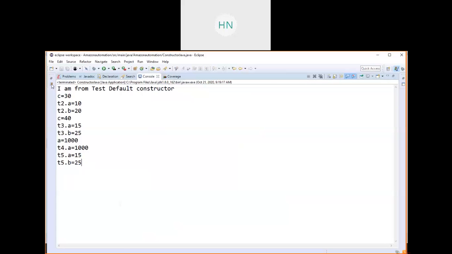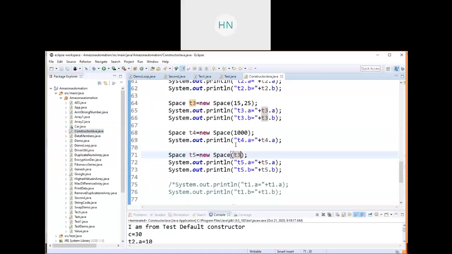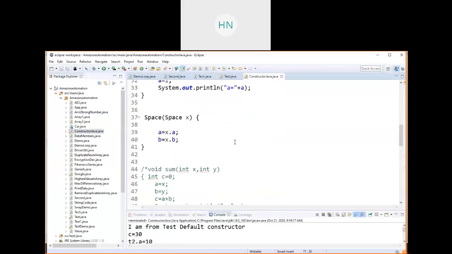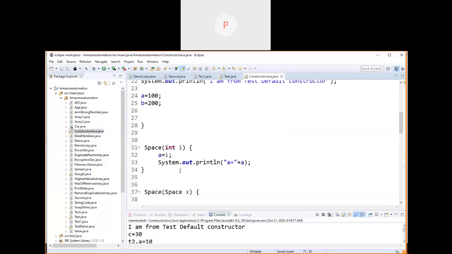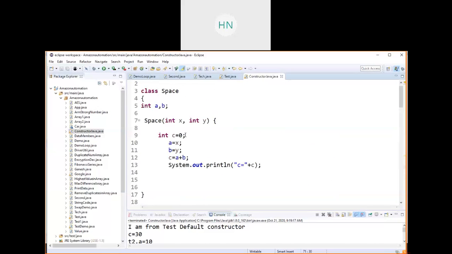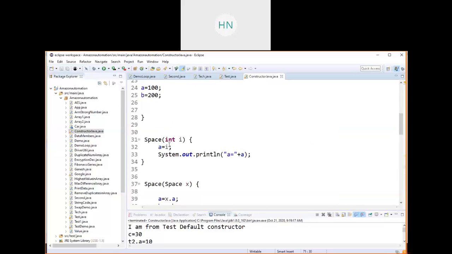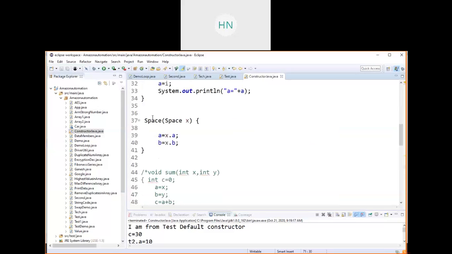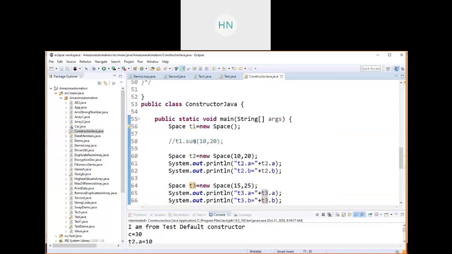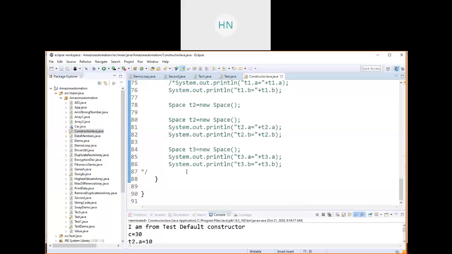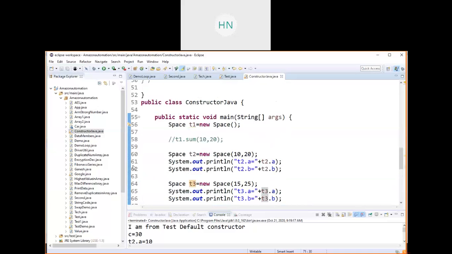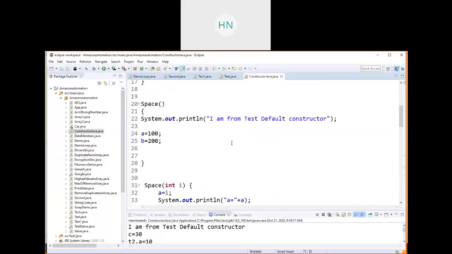Whatever concepts we discussed today, we have seen everything programmatically here. Okay, Pavan, first we have seen the default constructor. Second we have seen the parameterized constructor, and afterwards constructor overloading, and then the object parameterized constructor. We have seen all the examples and printed all the output on the console. So this is all for today. If we missed any points, we will discuss them in tomorrow's class.